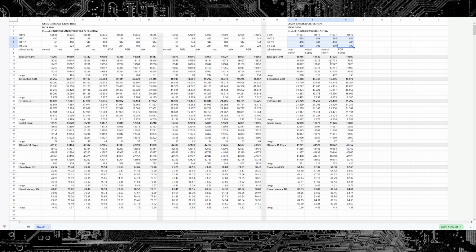So anyway, basically, FGR is a little bit latency biased across the board and loses any benchmark that is bandwidth biased. So the Geekbench 3 memory test is basically a memory bandwidth test. And FGR loses it. Meanwhile, PyPrime is very much a memory latency test. FGR wins that. It loses Y-Cruncher, which is notorious for being basically a pure memory bandwidth test. And it wins 3D Mark TimeSpy, which I'd consider kind of a mixed test. It really scales with kind of everything, but apparently it skews a little bit more towards memory latency than just sheer bandwidth, because otherwise I wouldn't be expecting FGR to win, because FGR is, from a bandwidth perspective,